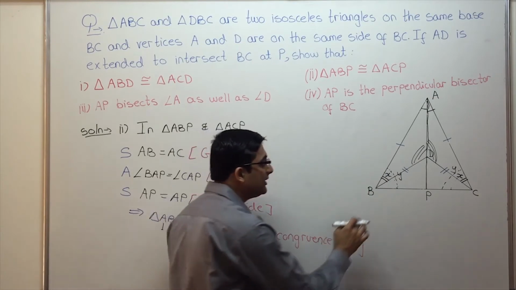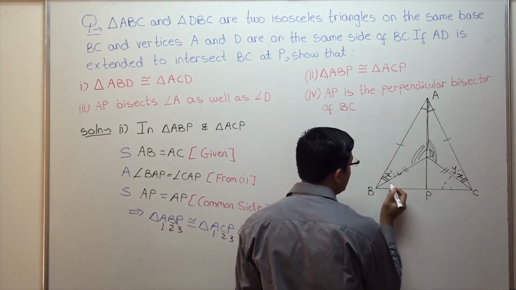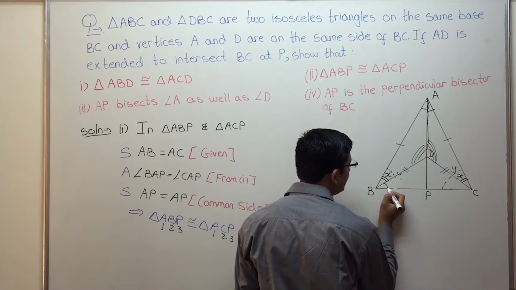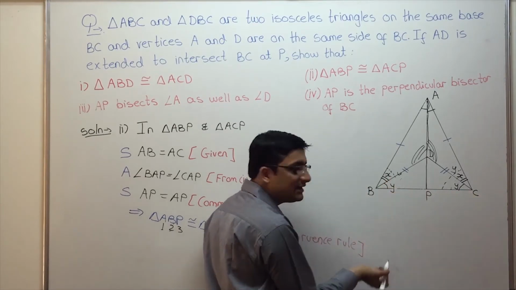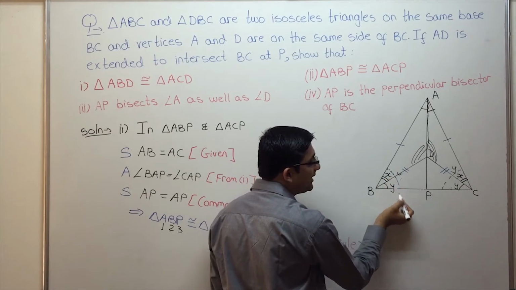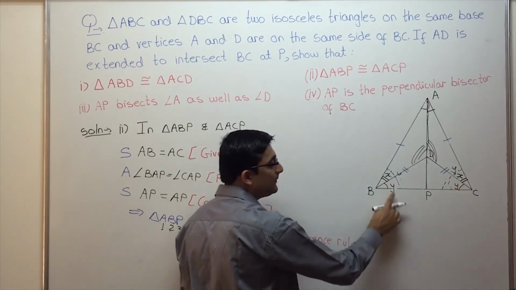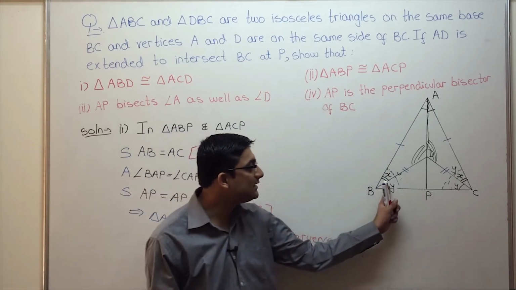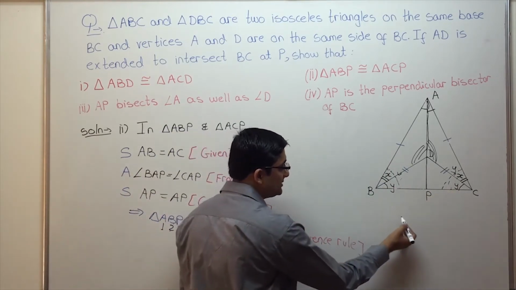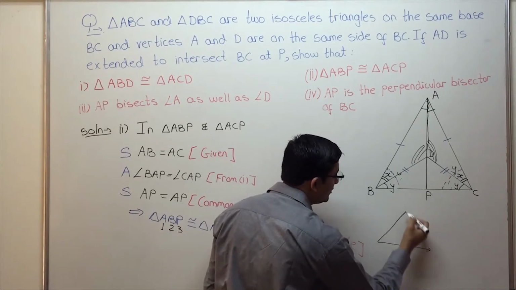In case this is not clear, what you can do is take this angle to be Y. So this angle over here will also be Y. So we know the entire angle is the same. So what is the entire angle? X plus Y. This is also X plus Y. So basically these two angles are equal. I repeat, what I'm getting at is that these two angles are equal. Why? See, understand this with a different figure over here.